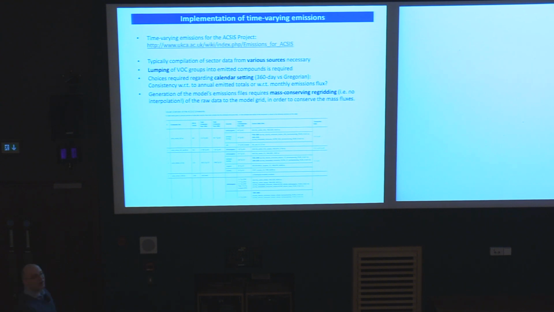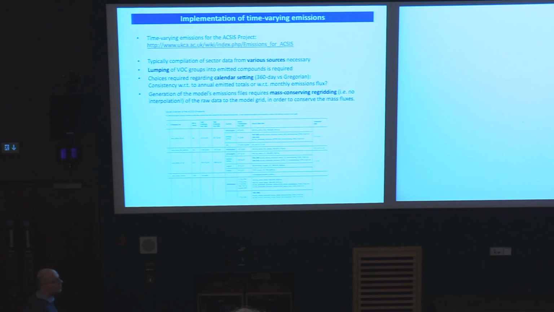What I found is there are many ways how you can make emissions, and there are many wrong ways how you can make emissions, but there are a few points I want to point out here. There was a requirement to have emissions from various sources. Not everything comes from the same database. You need to make clear where your data comes from. You need to find out which ones you want to lump together, what makes sense, as I mentioned before, and where do you stop? You could lump higher order hydrocarbons into your alkane emissions forever.